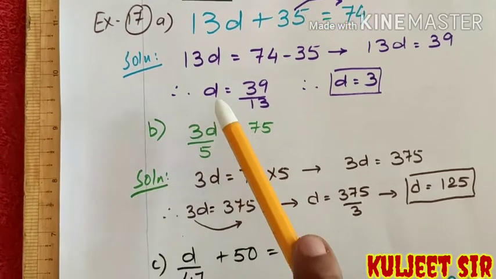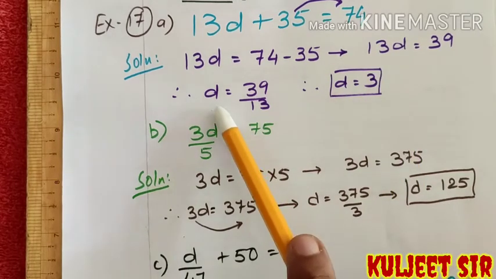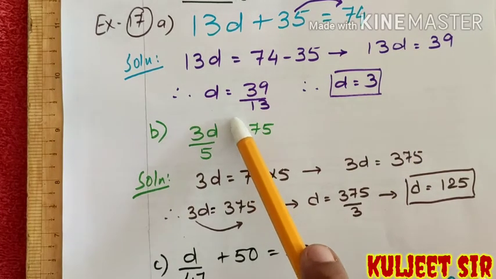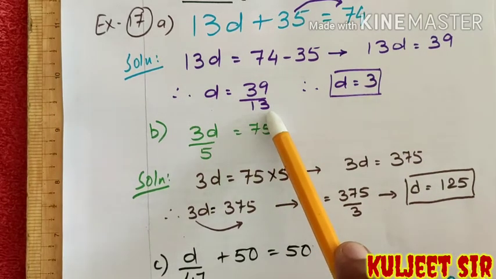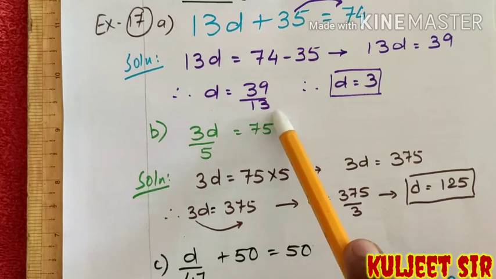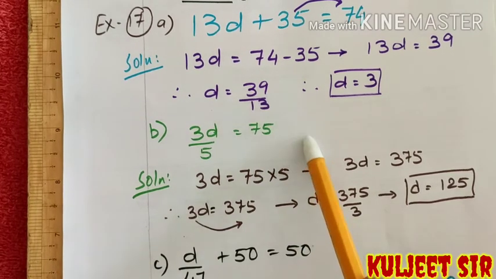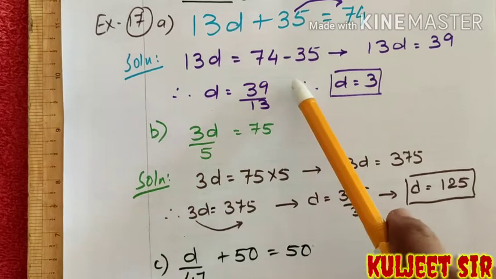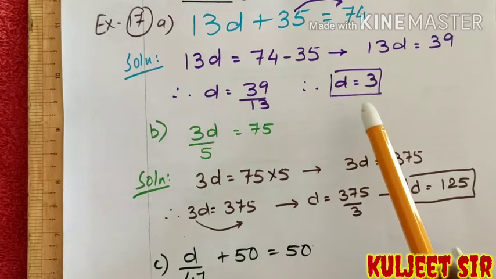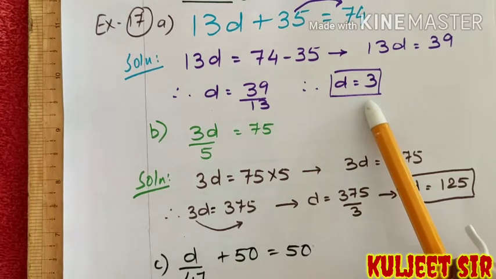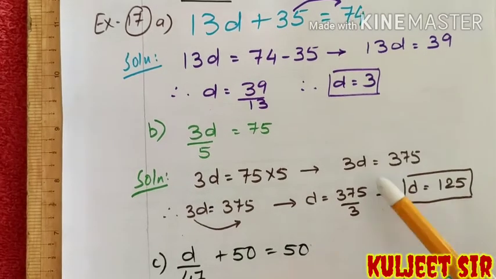So to keep the value of D as constant, we have 13 over here. So you keep the value of D constant over here and you take 39 because it is into multiplication. So you take 13 below 39 and divide it. 13 ones are 13, and 13 threes are 39, so it is 3. That gives you your answer as D is equal to 3. So this is your answer to the first sum.